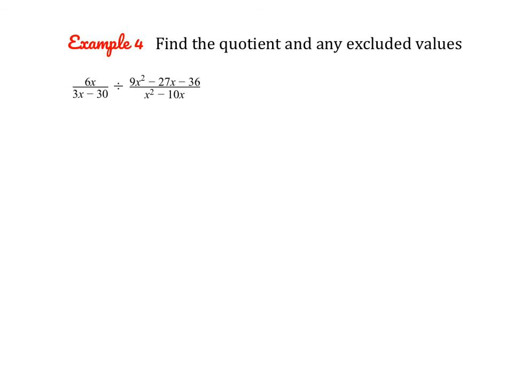All right, let's try another one together. So let's start by factoring. So here we have 6x, then we have a GCF of 3 in our denominator, so 3 times x minus 10. And then divided by,